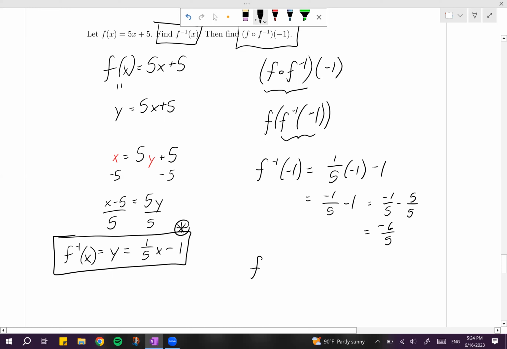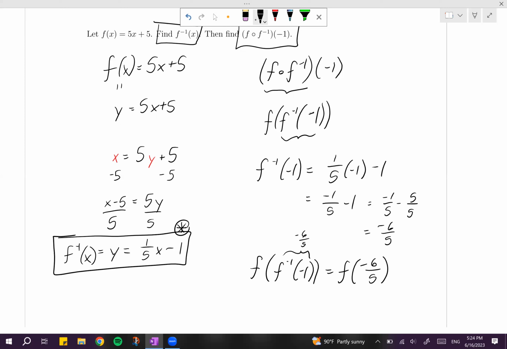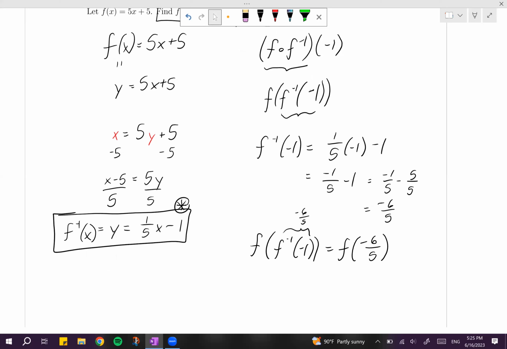Now I need to do f of f inverse of -1. Well, we just found what f inverse of -1 is. We just said it's -6/5. So this is f of -6/5. So we're going to plug it in our f of x function. And we're going to get